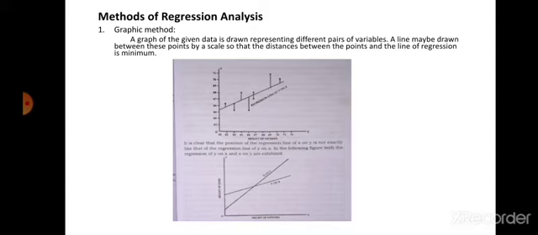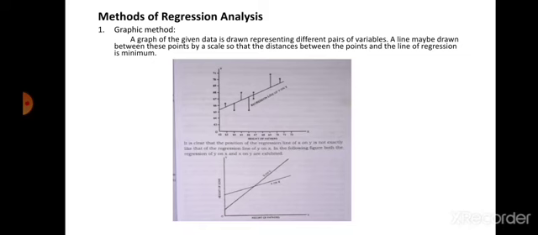Lower grade of correlation. Next, it should be noted that the regression lines cut each other at the point of average of x and y, meaning mean value. They meet each other at the mean value of the variables, mean value of the given set. So they meet each other at x bar and y bar. If from the point where both the regression lines cut each other a perpendicular is drawn on the x-axis, we will get the mean value of the x series, and if from the point a horizontal line is drawn to the y-axis, we will get the mean of the y series.